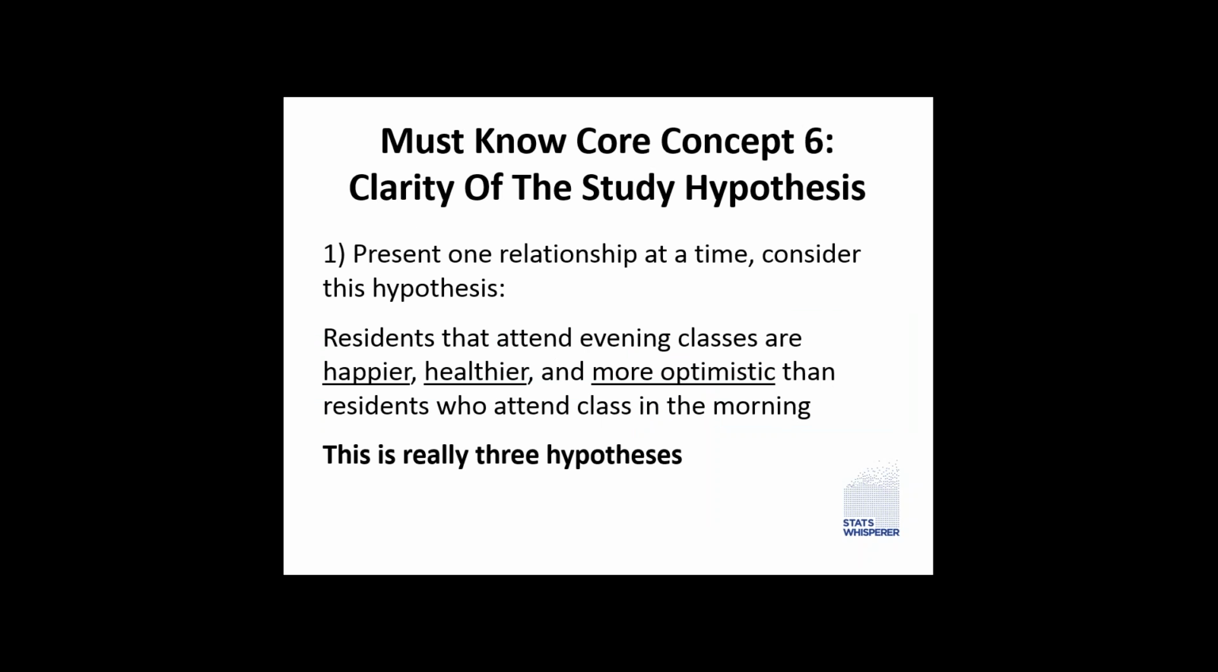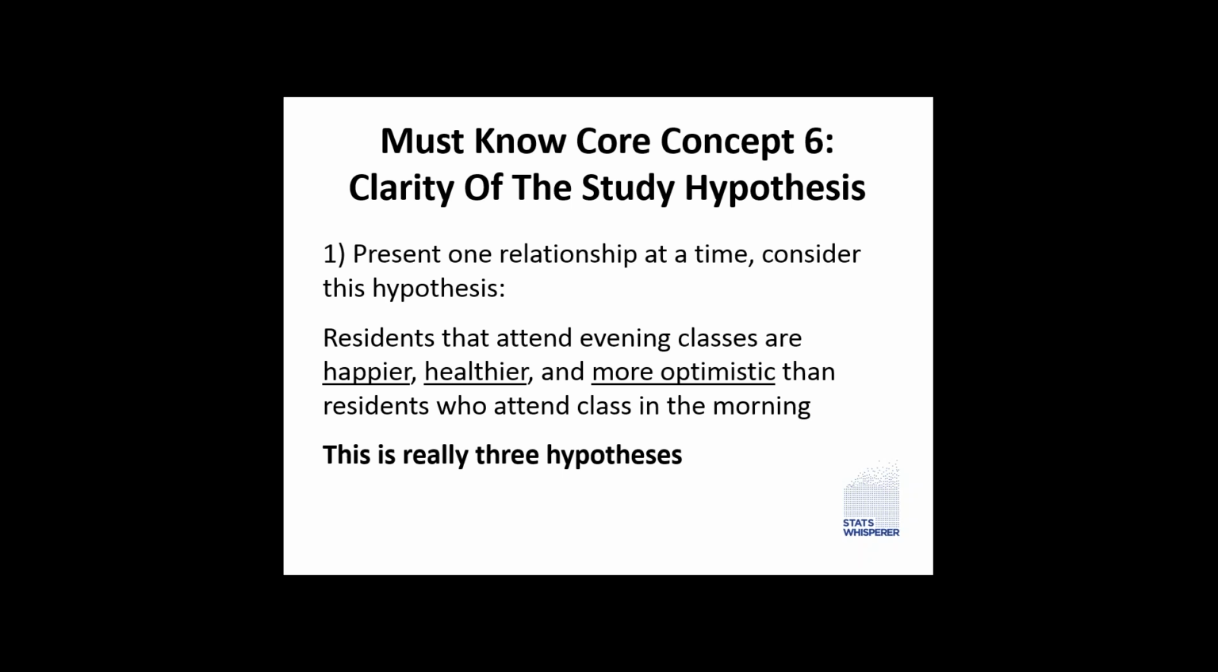So core concept 6, moving along now, okay? Hypotheses, right? Just going over a few rules for a clear hypothesis, because if we're testing the hypothesis statistically, the hypothesis must be clear, or we're going to have a hard time forming the right statistical test, right? So one rule is present one relationship at a time. Sometimes you'll see a hypothesis that might say residents that attend evening classes are happier, healthier, and more optimistic than residents who attend class in the morning. This is really 3 hypotheses,